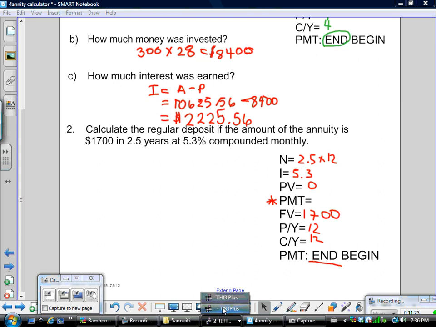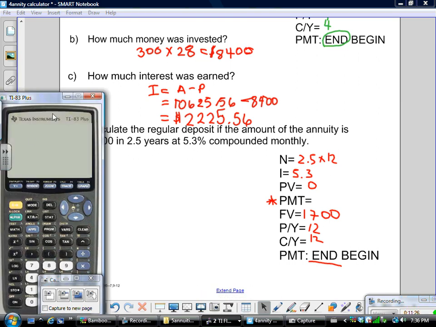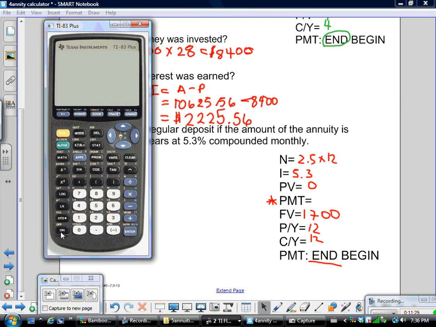And so again, we bring up the graphing calculator, and I do not have to clear any of this. I can just go and type over top. So this one is 2.5 and I'm multiplying it by 12. My interest rate is 5.3. I don't know what the payment is going to be. My future value I want to be 1,700, and compounding and payments per year are both going to be 12. I go up to my payment, PMT, and then hit alpha enter, and I end up with